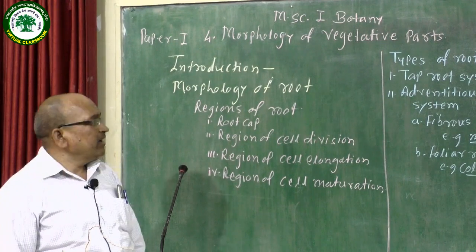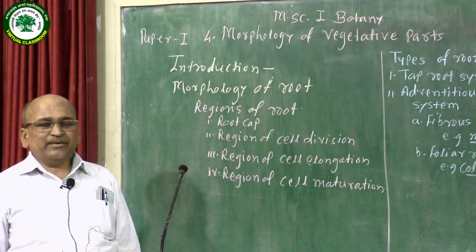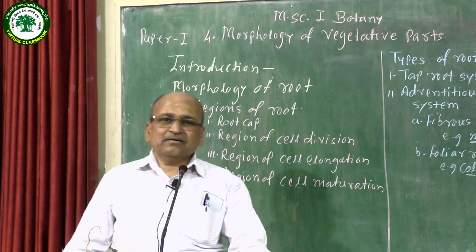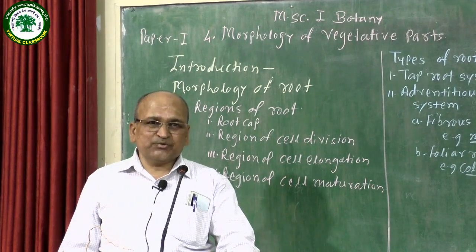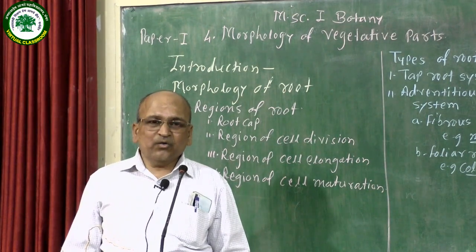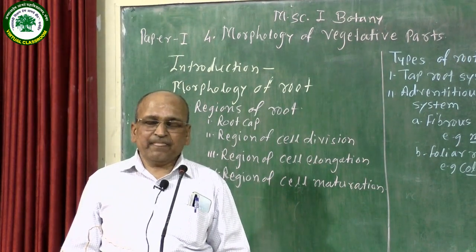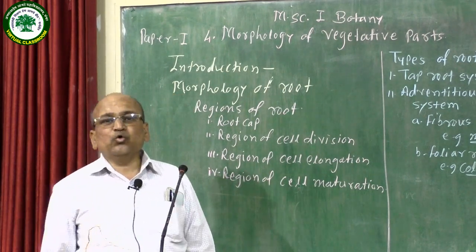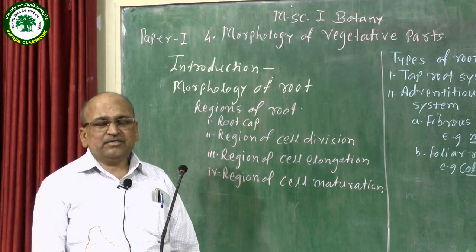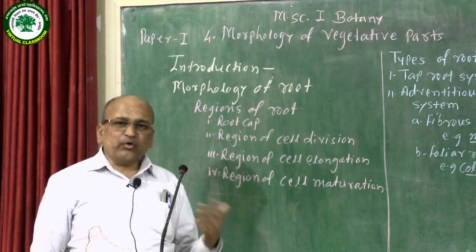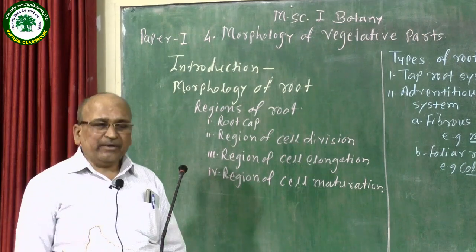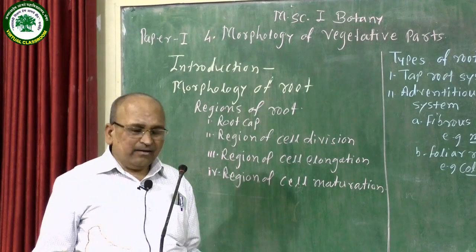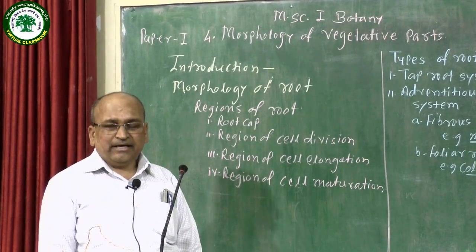Habit of the plant body, there are different types of habits. Depending upon height of the plant body, there are 5 or 6 types of habits which are observed in the plant body. The first one is the herbs, the plants growing up to 1 to 3 feet. Second one is the plants growing from 3 feet to 15 feet known as the shrubs, while plant height more than 15 feet is known as the trees.